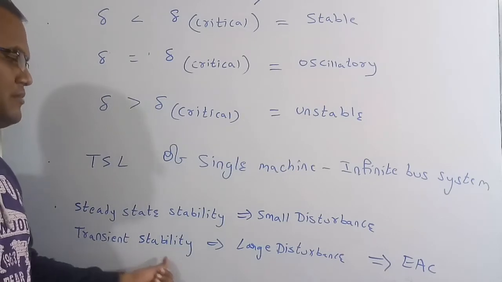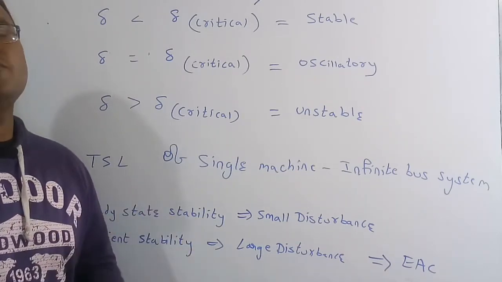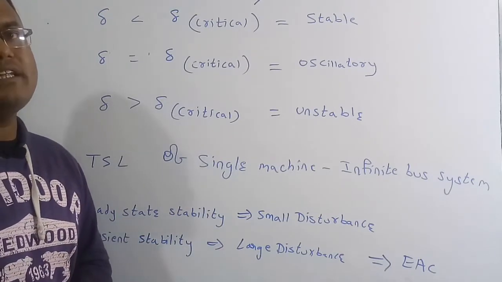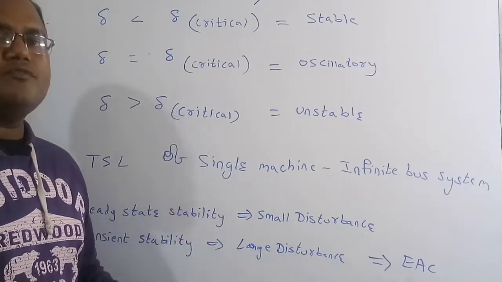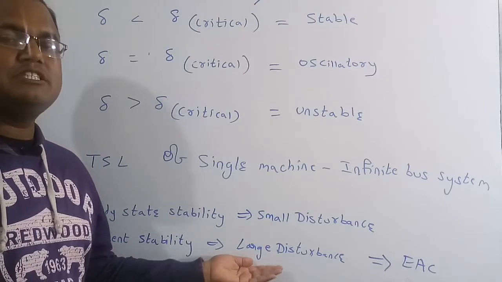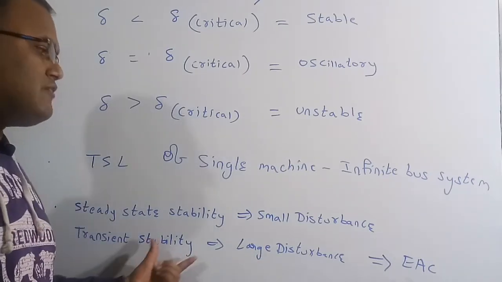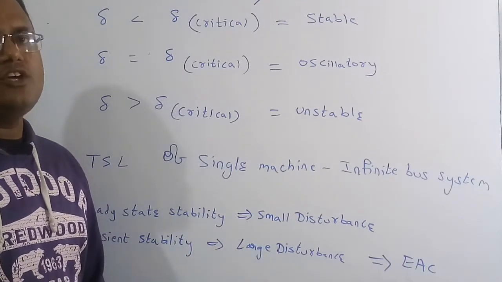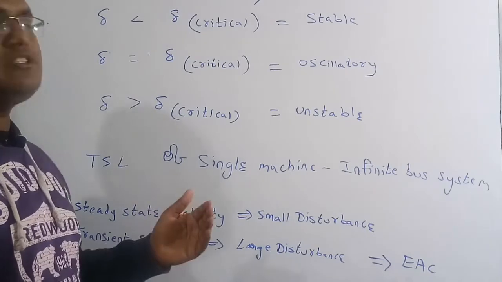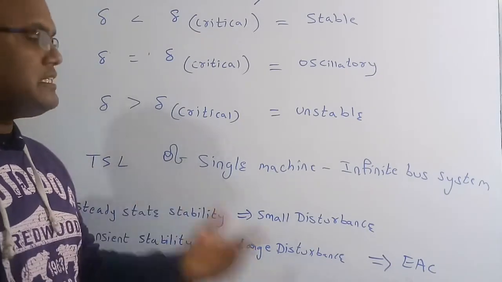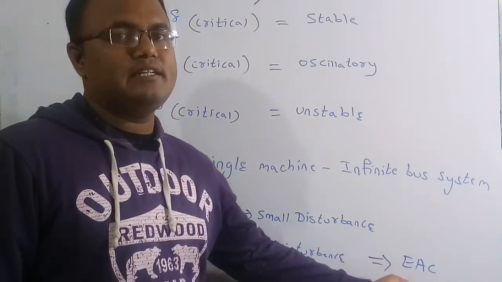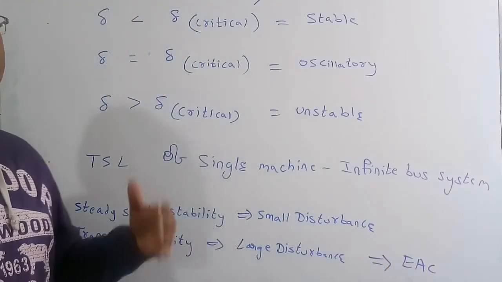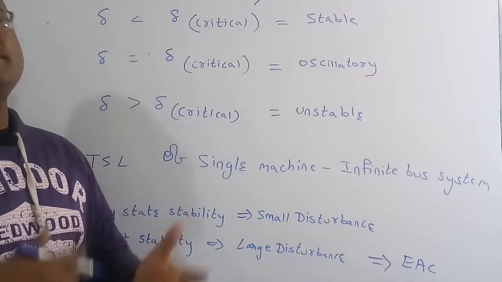For transient state stability, we are going to produce a large amount of disturbance for a system. Suppose like a short circuit on a system, or even a generator going off, so we make a large amount of disturbance for this system. See, whatever equations in the power system we get for large disturbance are non-linear equations. So in order to solve these non-linear equations, we are going to use a graphical method. The graphical method is called the equal area criteria. With the help of equal area criteria, we can solve these nonlinear equations in a graphical manner, and then we can see what the nature inside them is.